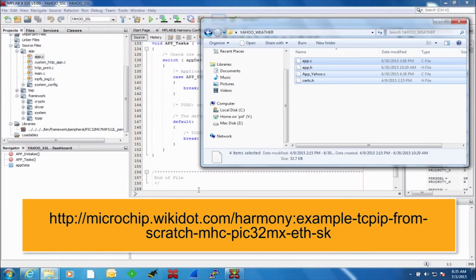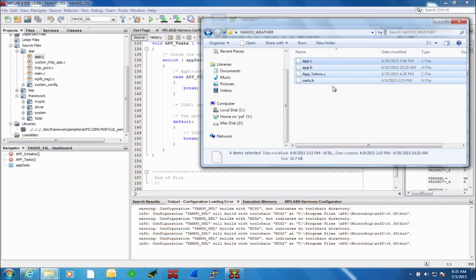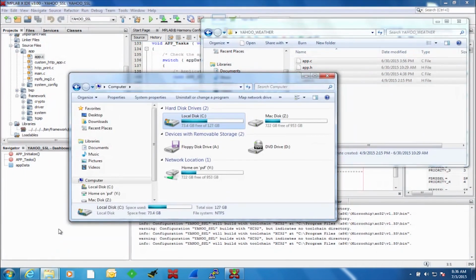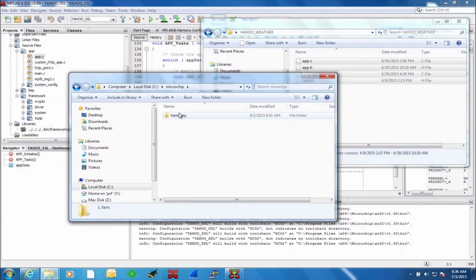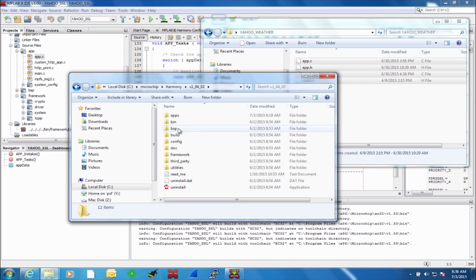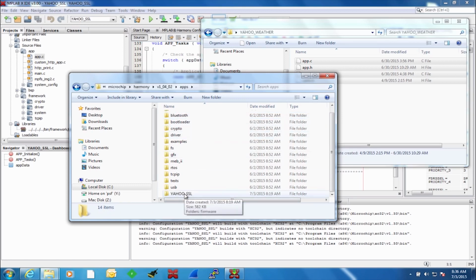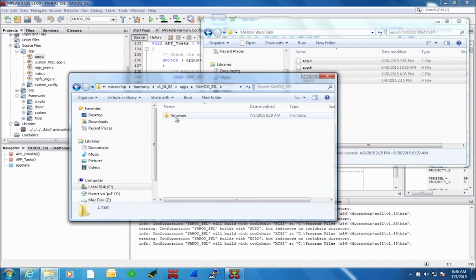And if I go here, here are the files. There are 4 files provided to create that project. We need to copy these files. And if I go onto my computer under Microchip Harmony version 1.04.02 apps, you will notice that there's a new folder for the project that we just created. If I go in this project,